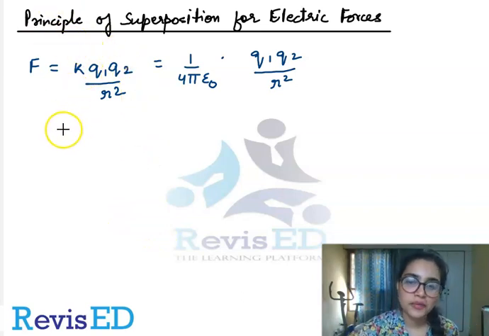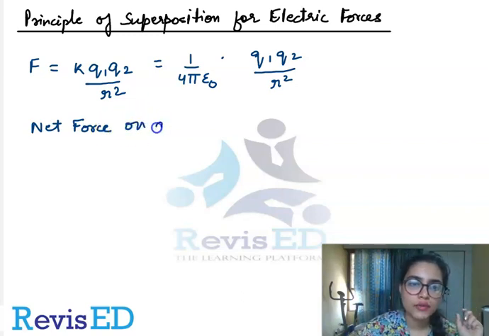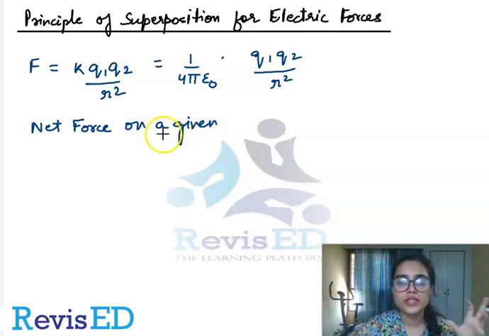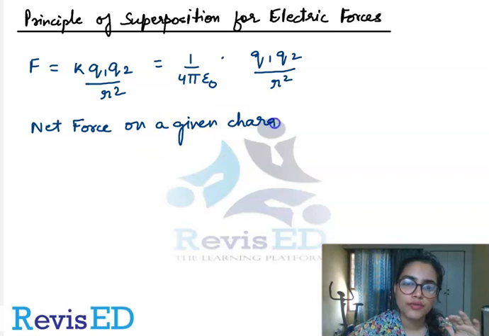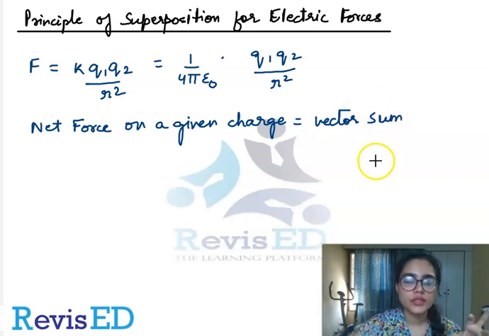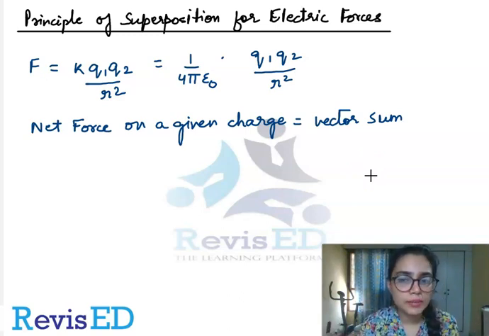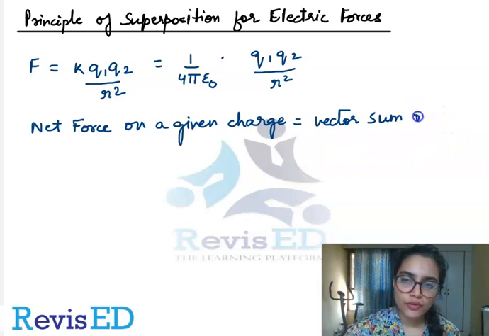So now let us talk about what the principle states. It states that the net force on a given charge, we know that forces on charges are due to the presence of other charges, right? So if we have n number of charges in the body, the net force on a given charge is going to be equal to the vector sum of the forces. We have seen that force is a vector quantity and charges are involved, so when there are multiple charges, there are multiple vector forces, and the net force is the vector sum of the forces